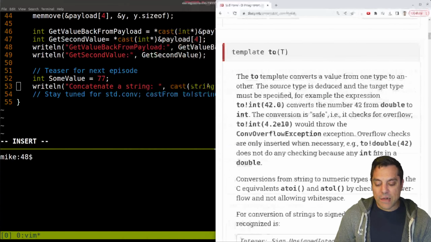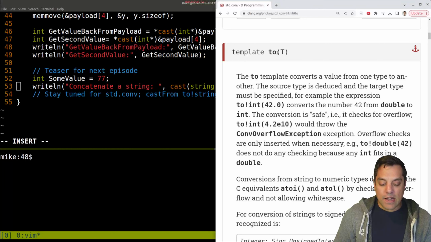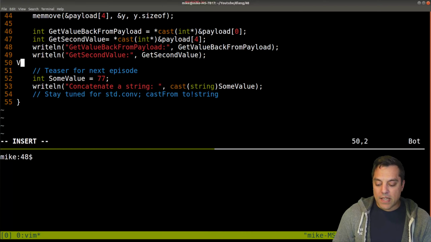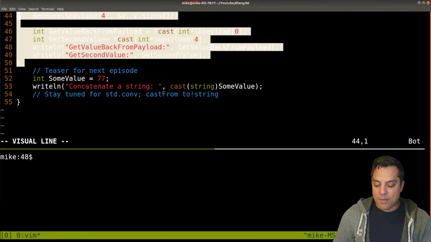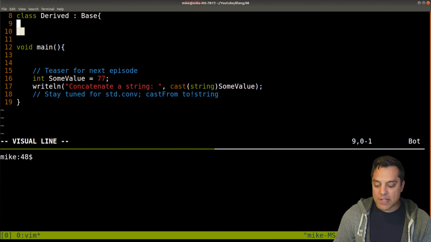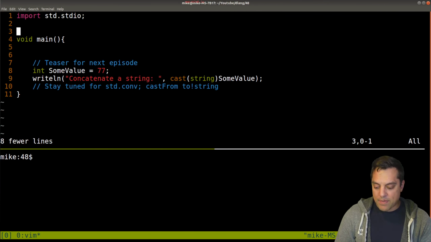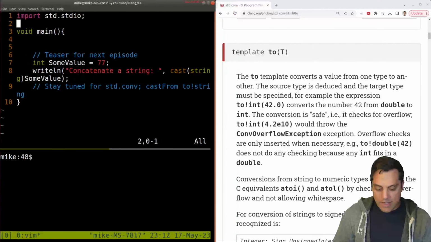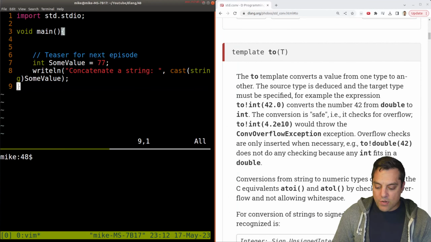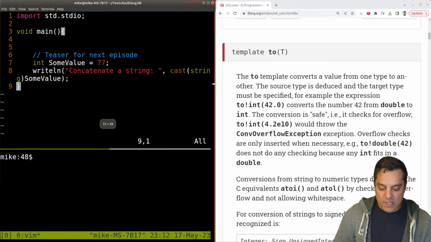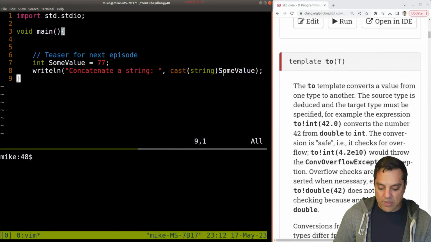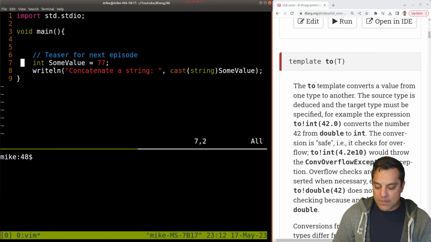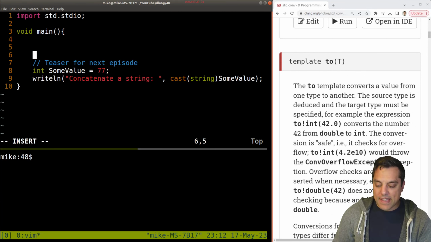So with that said, let's look at using the to operator here. I'm going to clean up this example to give us a fresh start, and then we'll use this standard conversion library. Let's keep everything on one screen, and let's bring in our documentation. And what we're going to do in this particular example, let's get everything to fit nicely on one line so you can see,